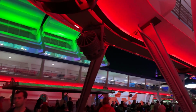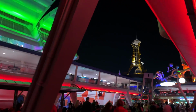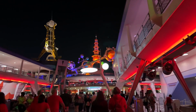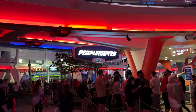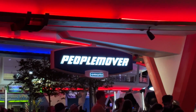The sort of holiday overlays for the other two attractions in Tomorrowland were introduced in 2019, and then 2020 obviously was COVID, and then 2021 and 2022 was them constructing and sort of putting the finishing touches on this sort of proto-new Tomorrowland they're doing over there at the Magic Kingdom. Now, I'm gonna level with you all here. I don't foresee Disney doing a holiday overlay for Tron or for Space Ranger Spin,